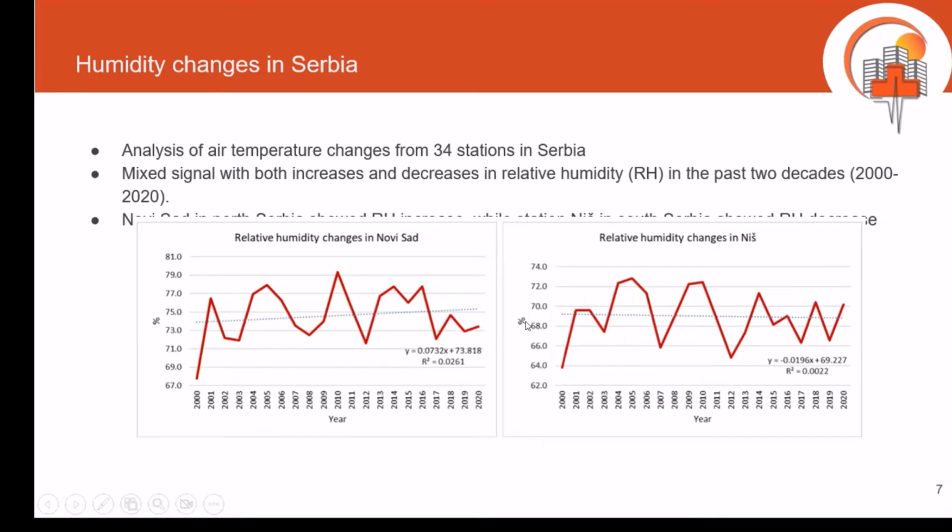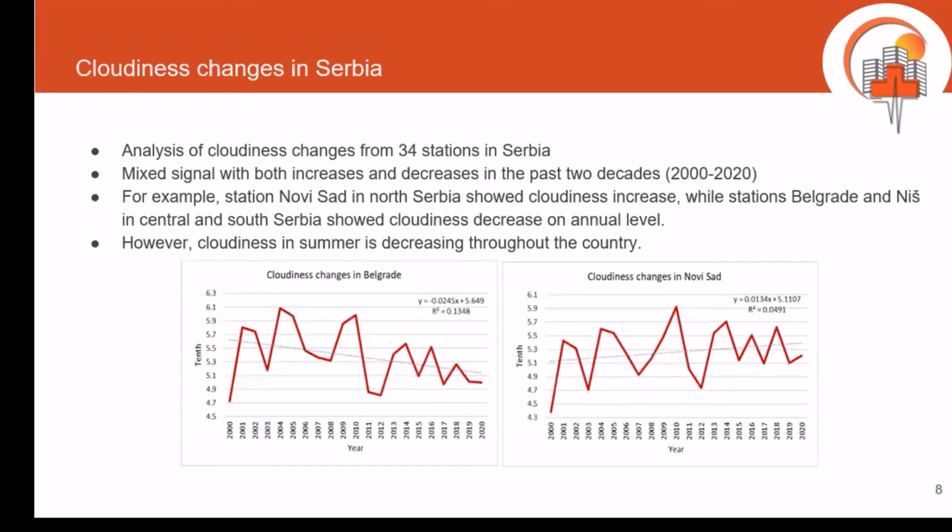Those percentages are averages, and they are very small, but relative humidity is very related to air temperature, and it also has other things that affect it, so it is a bit tricky to explain. Cloud changes in Serbia also show